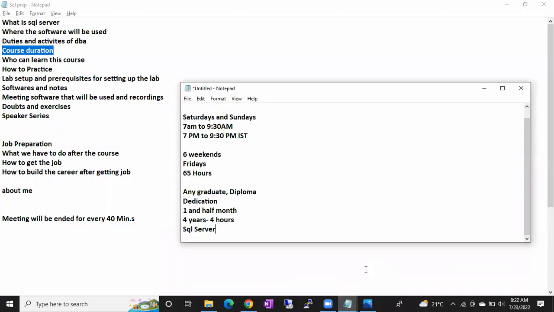Why? Because you are practicing 4 hours a day, 5 hours a day, 10 hours a day, but if you can't open your mouth in the classes, you cannot open your mouth in the interview also. So again, I'm requesting you all, please be interactive throughout the sessions. Nothing will happen. Don't think that I don't know English properly. No issues, I also don't know English properly. I'm managing, right? So nothing like that. You are paying the money from your pocket, so you have to utilize the service properly. So please be dedicated, guys.